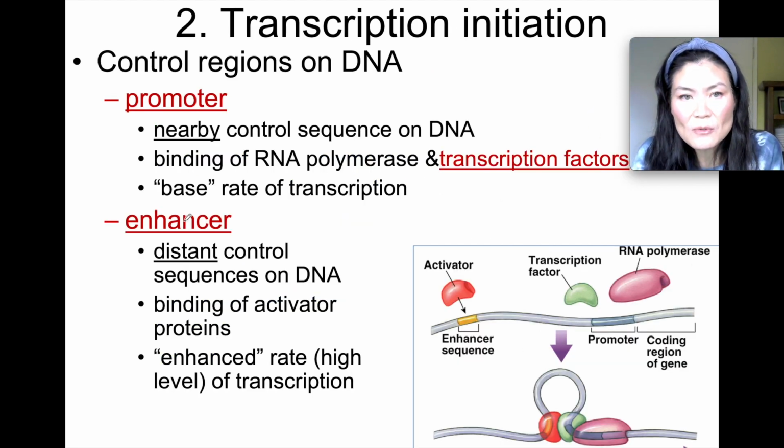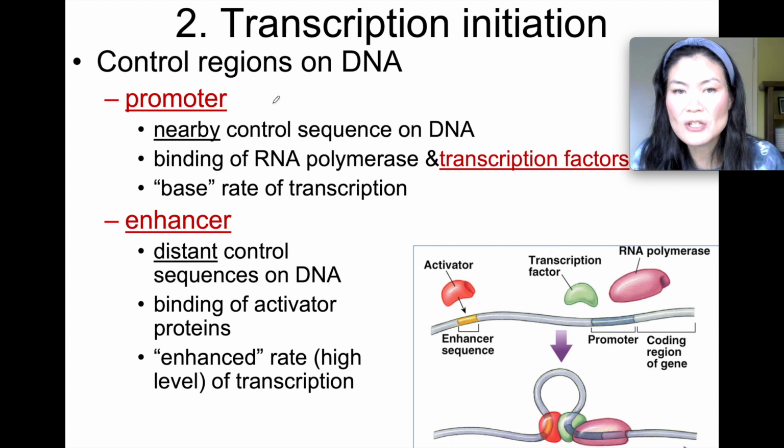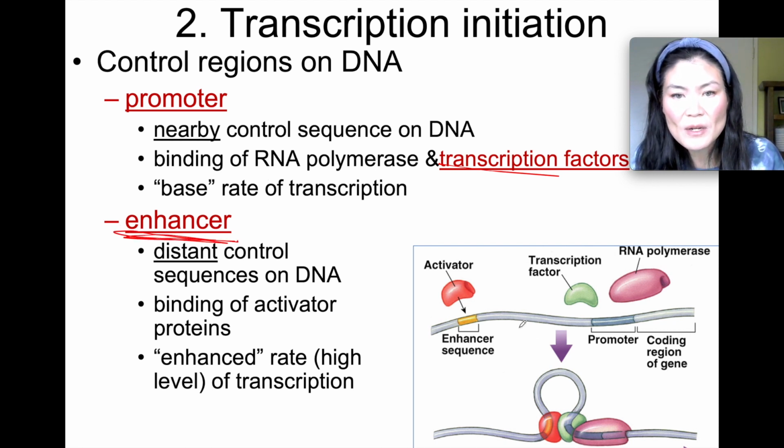Okay, and then also genes are going to be turned on when there are transcription factors around. When the transcription factor assists the RNA polymerase in attaching to the promoter, then it's going to initiate transcription. So here, the gene is going to be turned on, okay? And so we have the promoter, and then we have the transcription factors, and then we also have the enhancer sequence, okay?